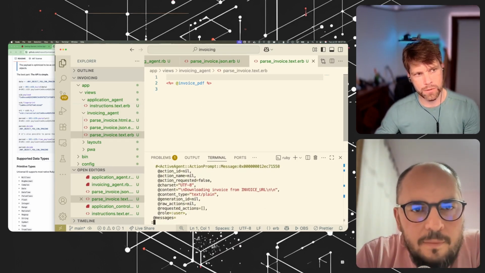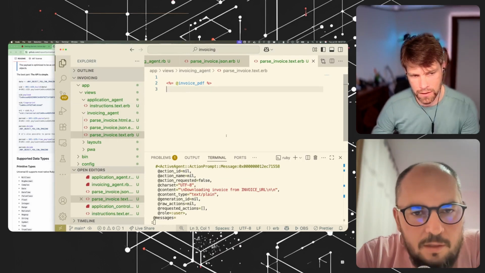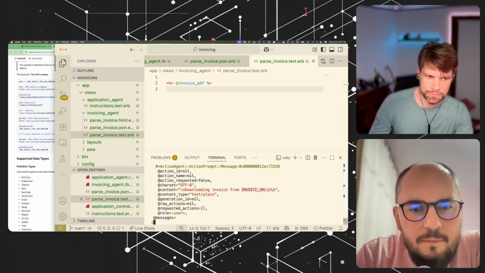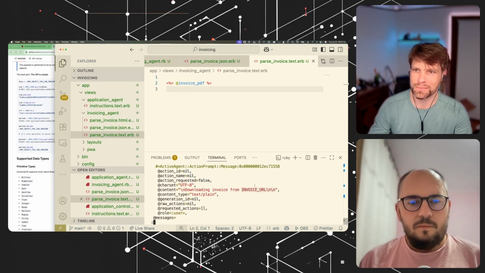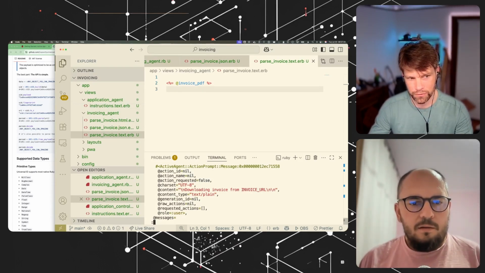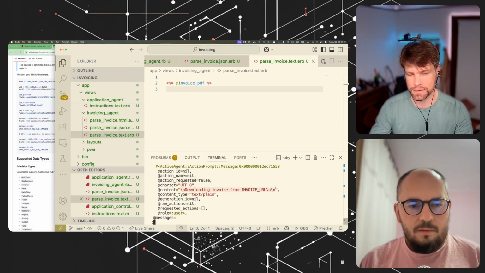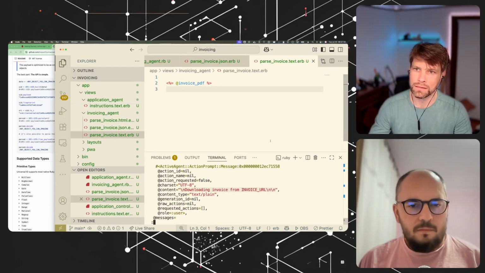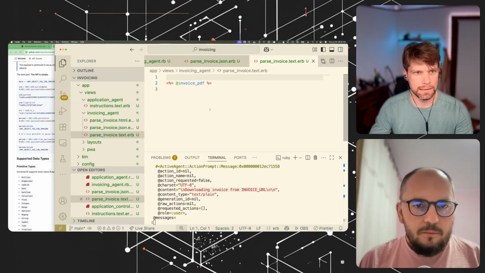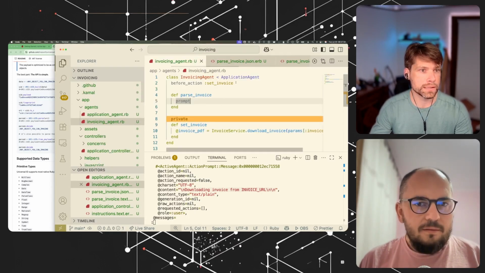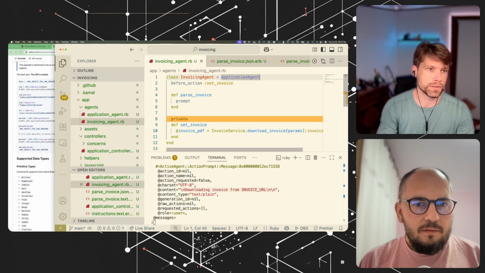So yeah, this would be the downloaded content of that invoice URL. And invoice URL again here is the URL itself. So this is where we would have fetched some kind of data. This is like the retrieval for augmenting the generation. And then in the invoicing agent, we could also say,